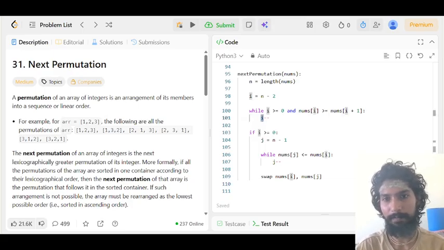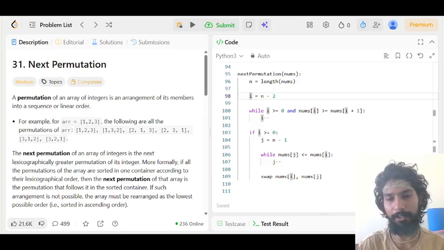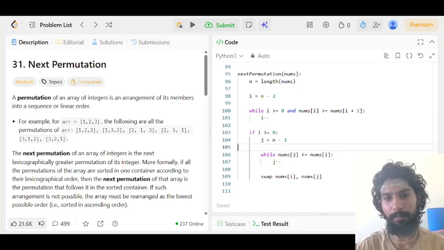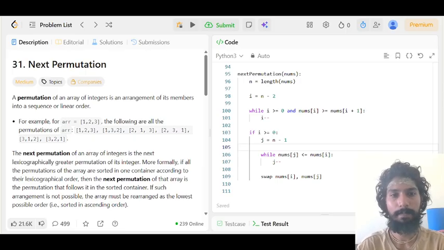Because i is greater than or equal to 0, that means the whole array is not in decreasing order. That means i is the index of the pivot. Now we need to find the number which is just greater than the number at i position. So we initialize j equal to n minus 1, that is the last number of the array. And while nums[j] is less than or equal to nums[i], we keep on decreasing the index. So once we have got the first number that is just greater than the pivot, we swap the two numbers. Now finally we reverse the numbers